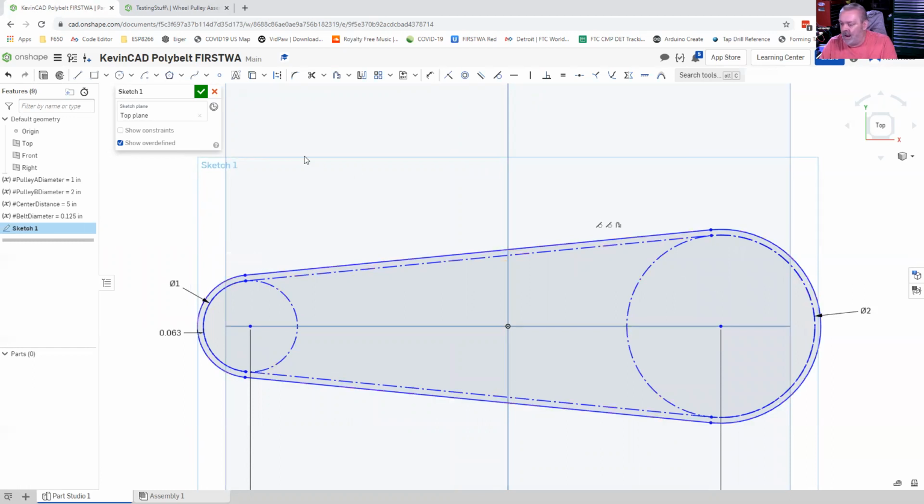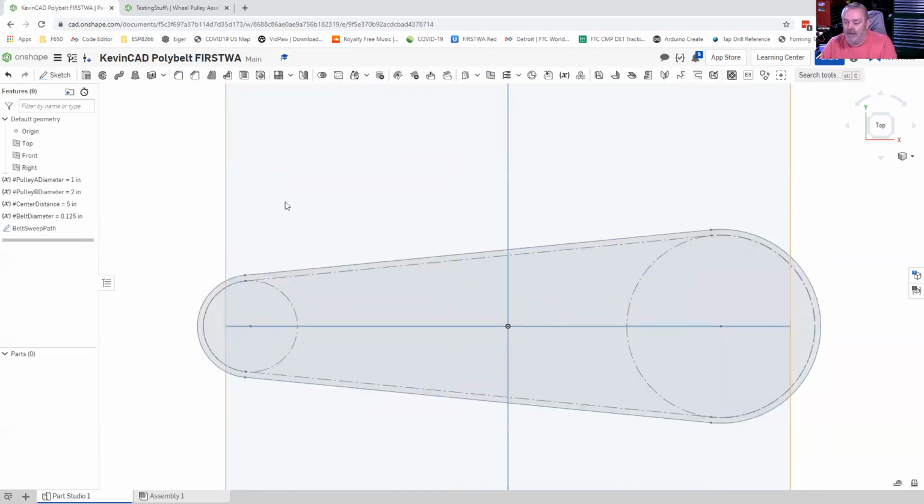So before I finish this sketch, I'm going to go rename it. And I am going to call this the belt sweep path. Okay. All right. So far, so good. So we're going to be using the sweep command to make the belt. And the sweep command is going to take another sketch. So it requires a second sketch. And it will take that sketch and sweep it around that path. This outside thing is now our path. And